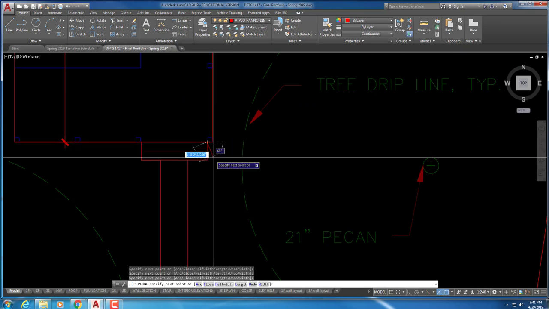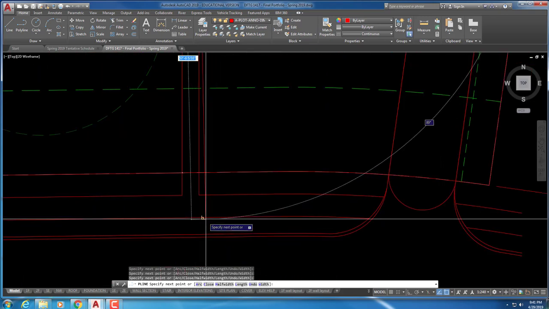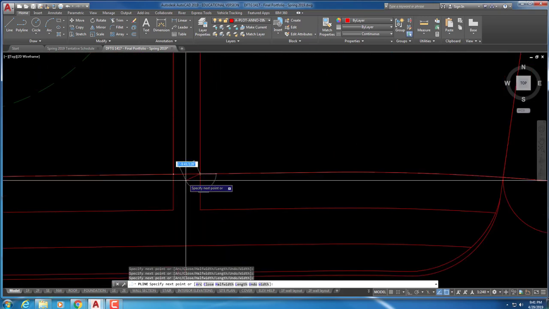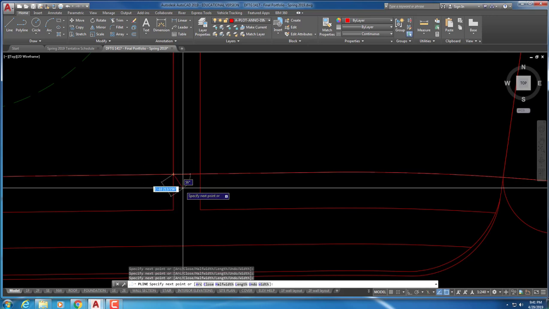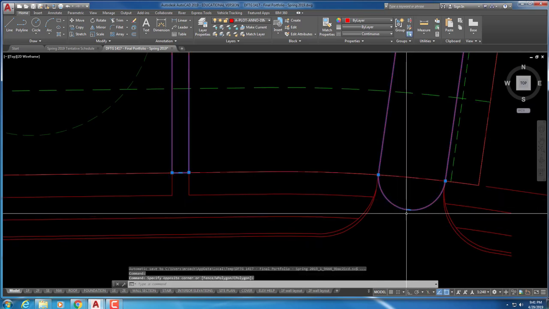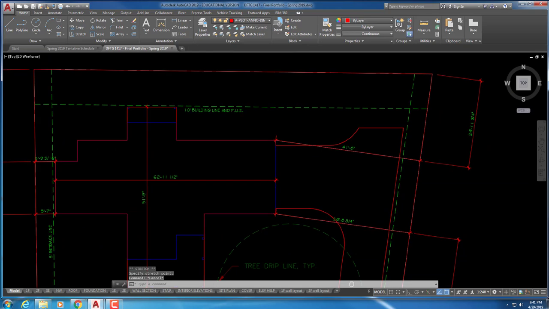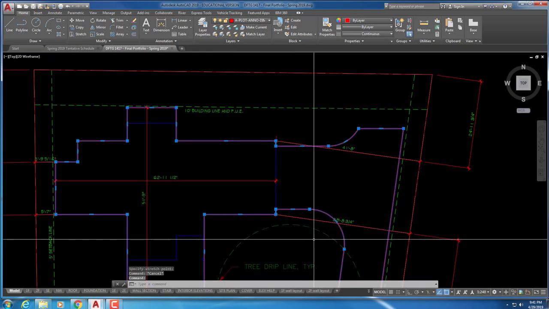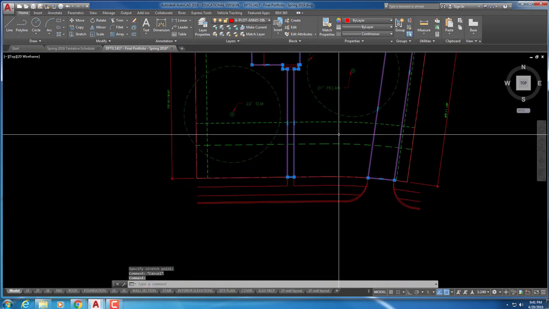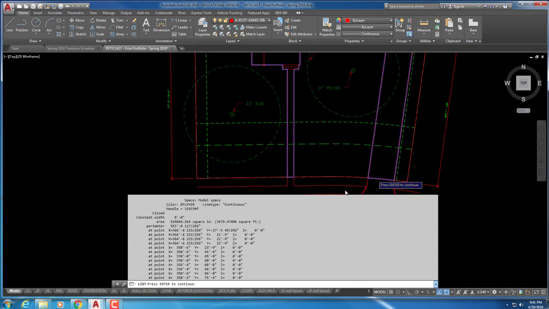Front porch, front steps. Back down the sidewalk. Back to where it closes. All right, we still got to fix this over here. All right, I think that's good. That leaves me with 3,679 square feet,